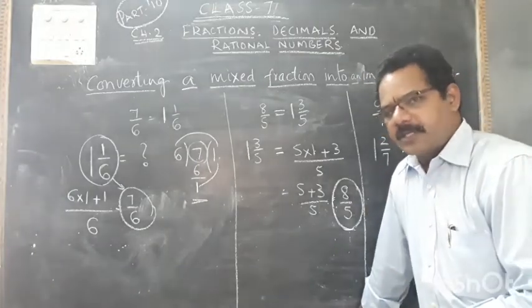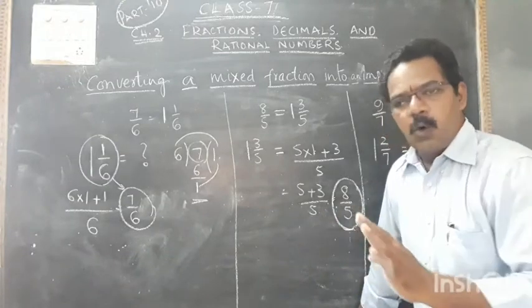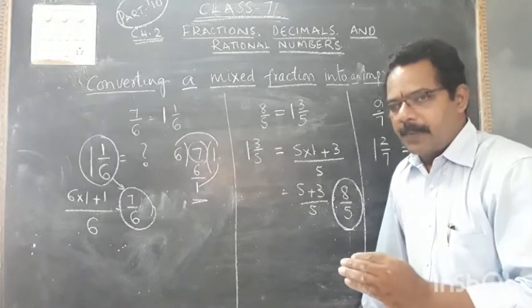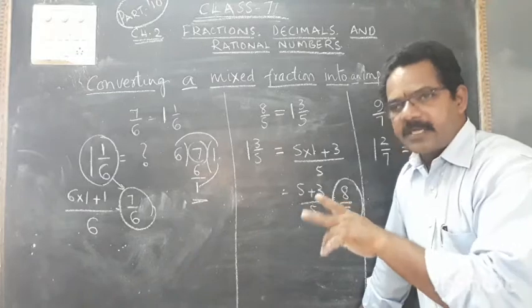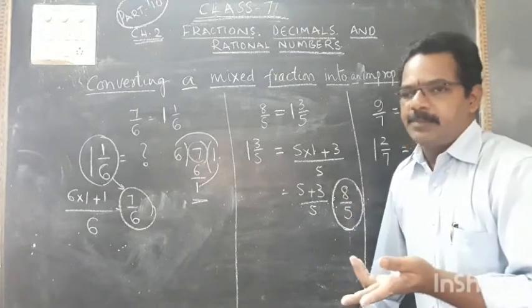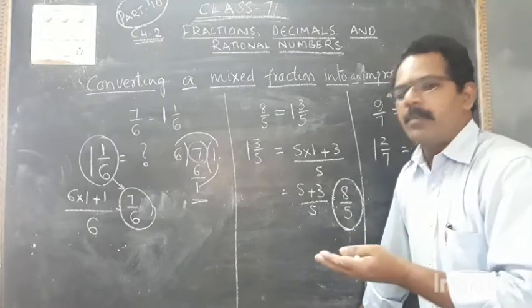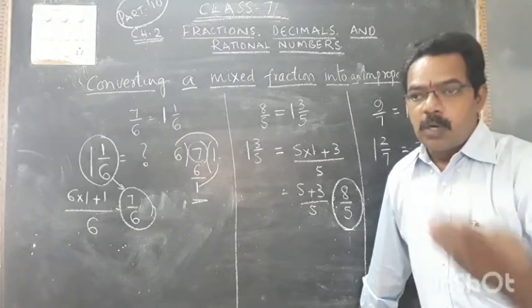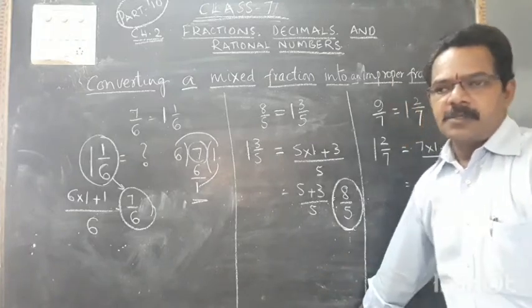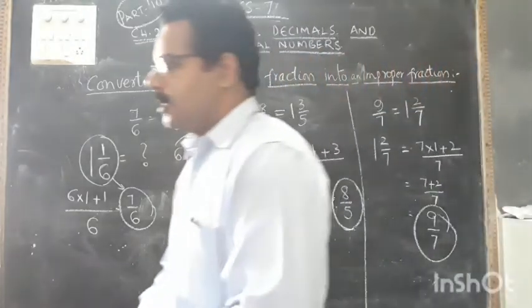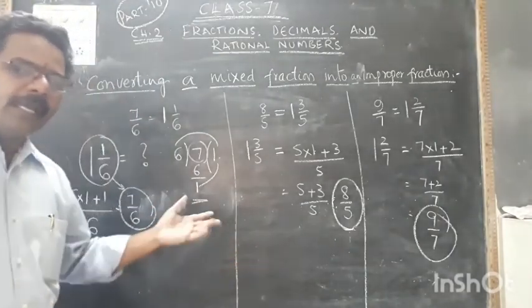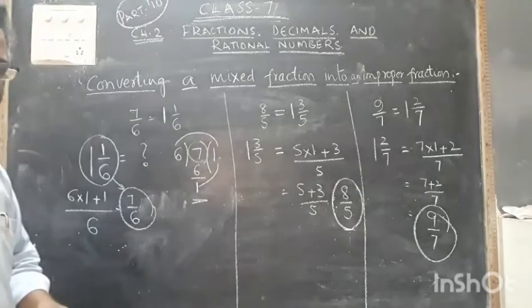So what is meant by a mixed fraction? In a mixed fraction, first the whole number part will be there, after that a proper fraction will be there. Understand? Whole number part and proper fraction. The combination of these two, whole number part and proper fraction, that's why we call it mixed. We are mixing the whole number part with a proper fractional part. That's why we call it a mixed fraction. So these are actually the types of fractions. The second type we converted into another type, that is the third type, mixed fraction. Understood? Okay.